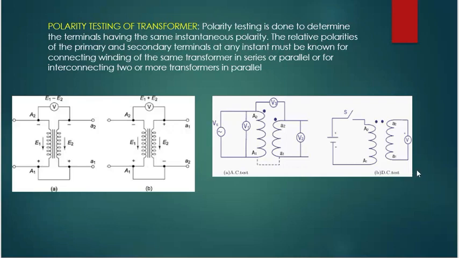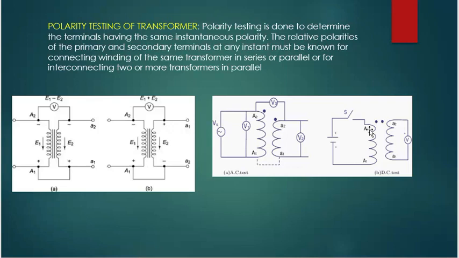As soon as the switch is closed, the primary current increases, and so does the flux linkage of both the windings. And this flux will induce EMF in both the windings. The positive polarity of this induced EMF in the primary is at the end to which the battery is connected. This is basically according to Lenz's law. If the battery positive terminal is this terminal, the induced EMF will be acting in a direction so as to oppose its cause. So the induced EMF positive direction will be this A2 terminal.